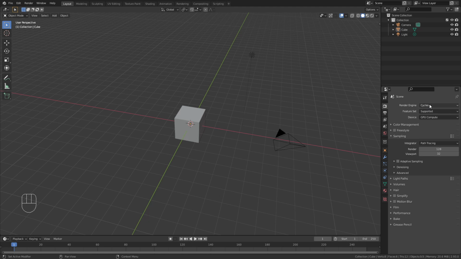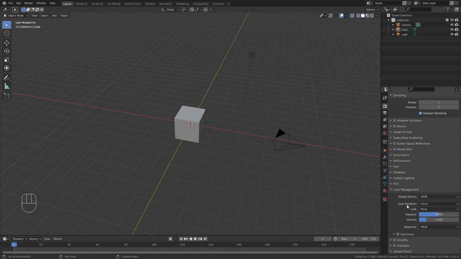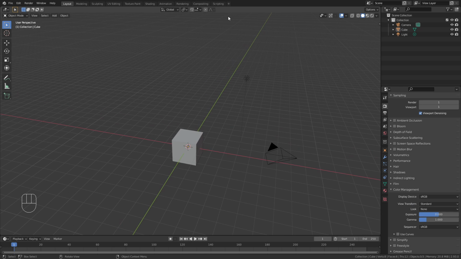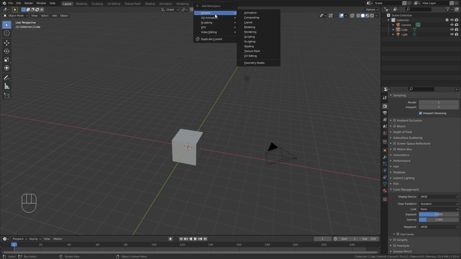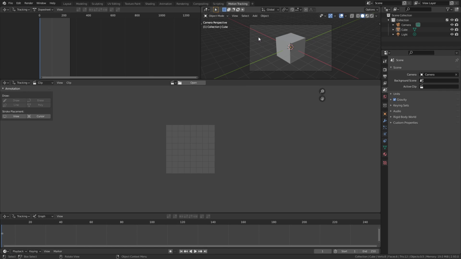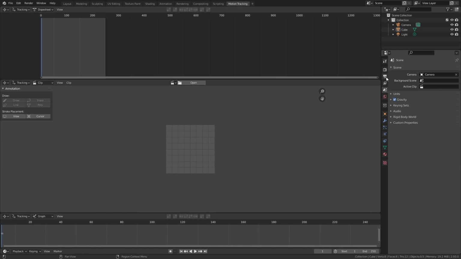And in the render properties, I'm going to use Eevee. And we don't need any samples for this project, so bring this down to 1. And under color management, switch the view transform from filmic to standard in order to get correct colors in this project. Then we can click on plus and open up a new motion tracking workspace so we can start tracking